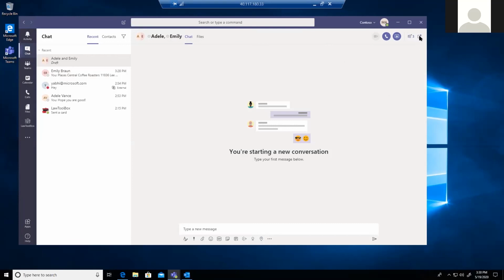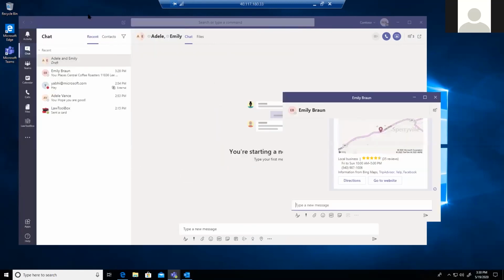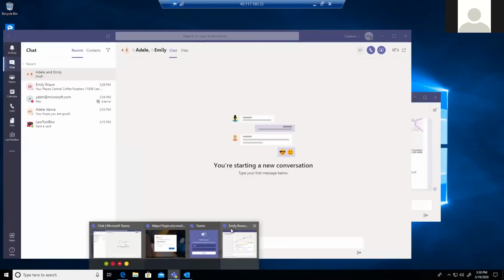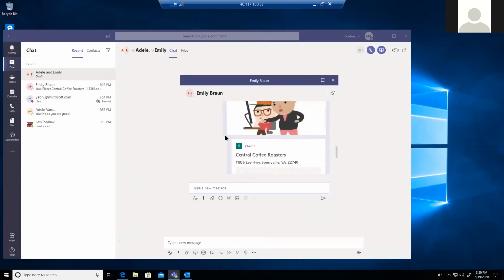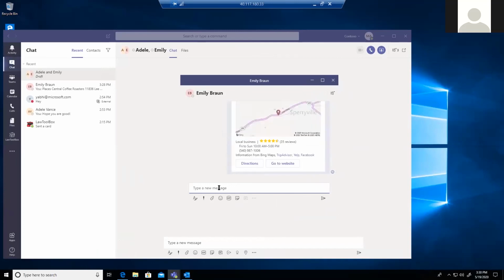Now, while I'm doing this group chat, you can see one thing here. It's on one page itself. It's not popping out. Microsoft is coming up with a new feature of pop-out chat. So now you can pop this chat out, and while Teams is running in the second window, your chat will keep going in this pop-out chat window, like the way we used to do in Skype.